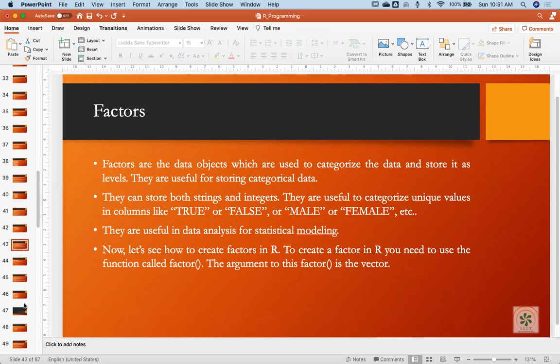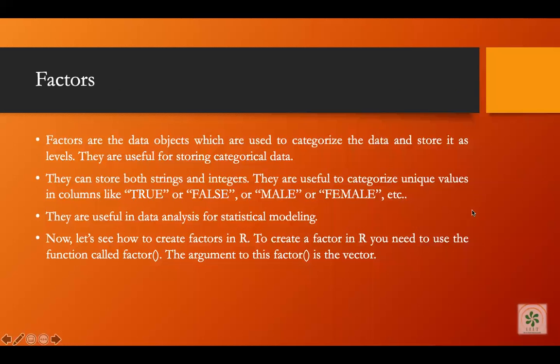Factors are the data objects which are used to categorize the data and store it as levels. They are useful for sorting categorical data. When we have a huge amount of data and want to find out the category of a particular data, this factor data structure will be more